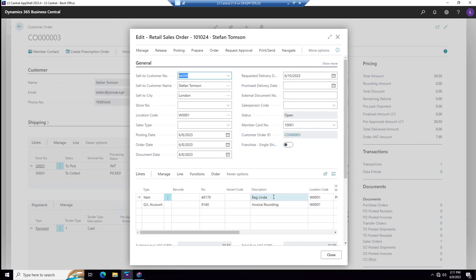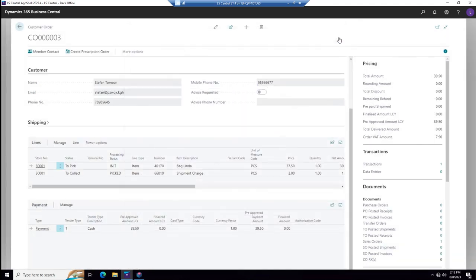The shipment could have happened from a store as well. That all depends on 2 things. On certain setup we have for the stores, and also was the item available from the warehouse, or is it perhaps only available in 1 or 2 stores? LS Central handles both. It handles that it can be delivered from a store or from warehouses. But that setup needs a deeper understanding on the system.